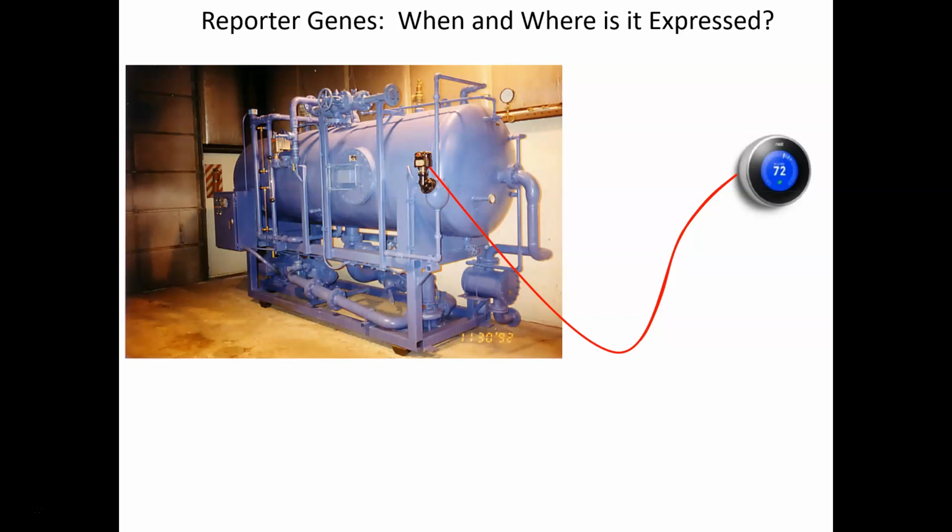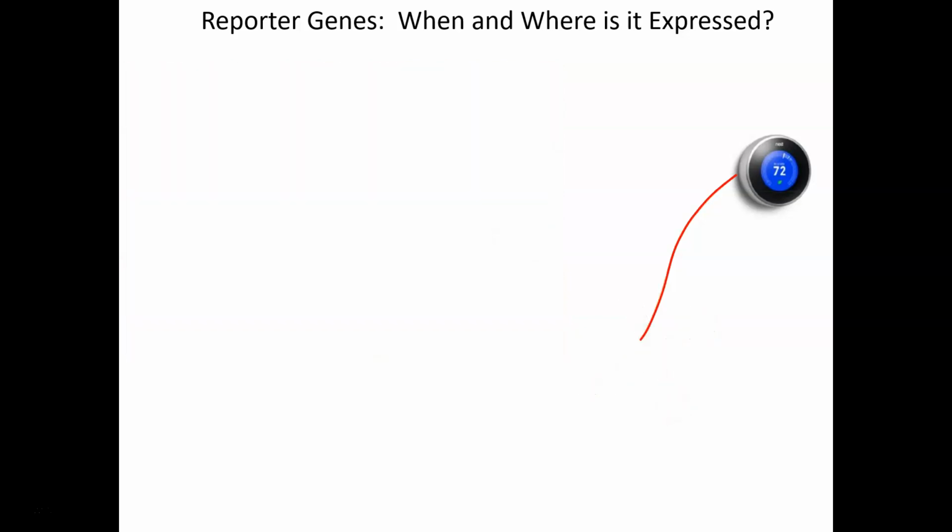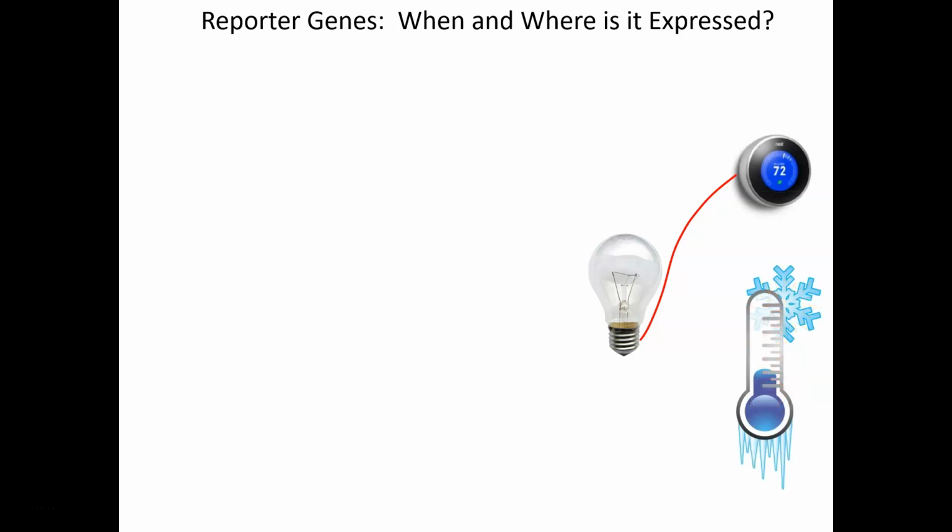Even if we can decode that genetic sequence using the genetic code and determine the amino acid sequence of the protein, that still doesn't tell us what that protein does. It's largely a black box, a mystery. So we can get clever. We can say, okay, let's cut this wire so that now this thing, whatever it is, controls something else. And let's put at the end of that wire a light bulb, something that's very easy to detect, observe, and measure. And what we notice is that when the temperature in our room is very, very high, that light bulb stays off. When the temperature in our room gets quite cold, all of a sudden the light bulb turns on,